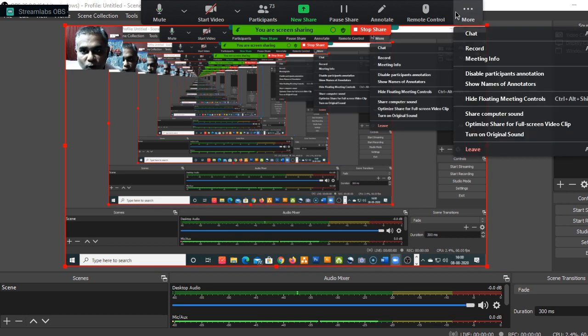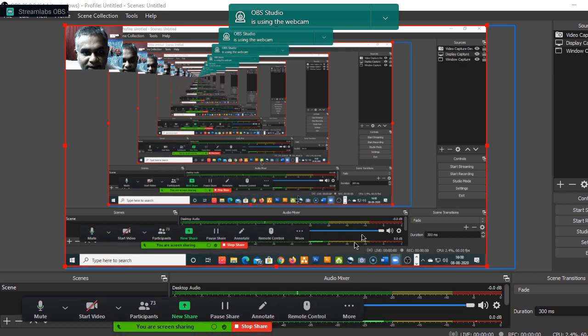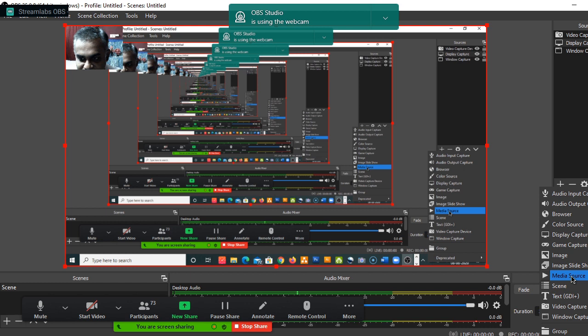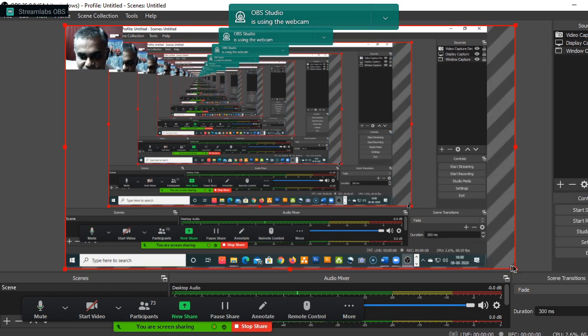Now you can also add a media source. Can you see here? So what is this media source? I'll tell you.